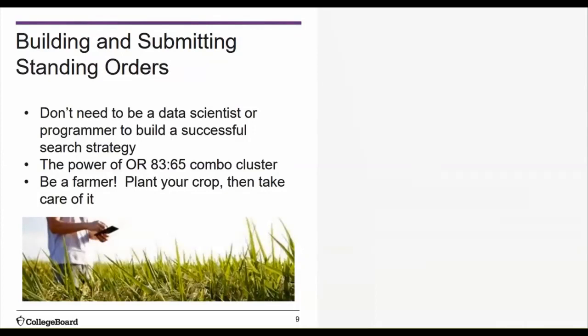With some feedback from Carolyn's free consultations, it became clear that I was diminishing the power of our 8365 cluster combo by filtering along test score bands and program. Also, I had missed the December names because I had not set up standing orders and I was simply spread too thin to place a single order on an ongoing basis at that time. However, by the biggest load in January, I had configured standing orders to produce greater volume.